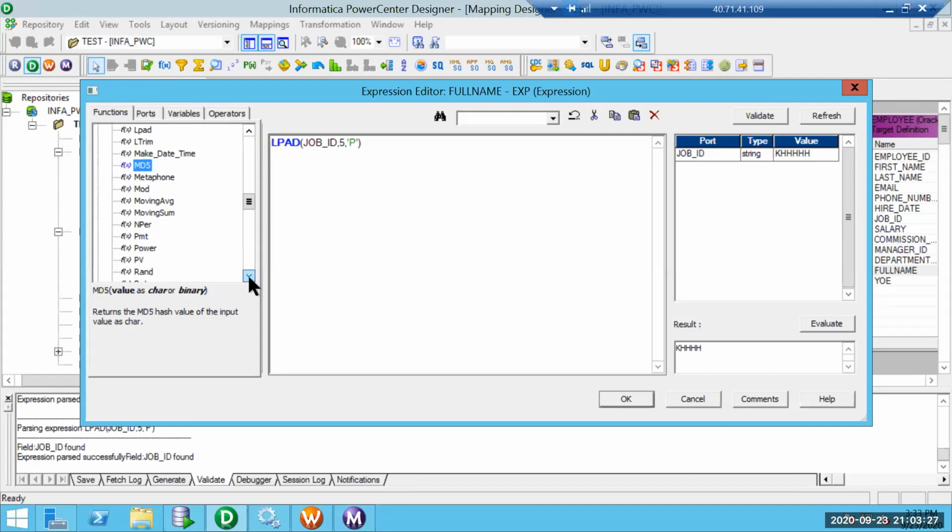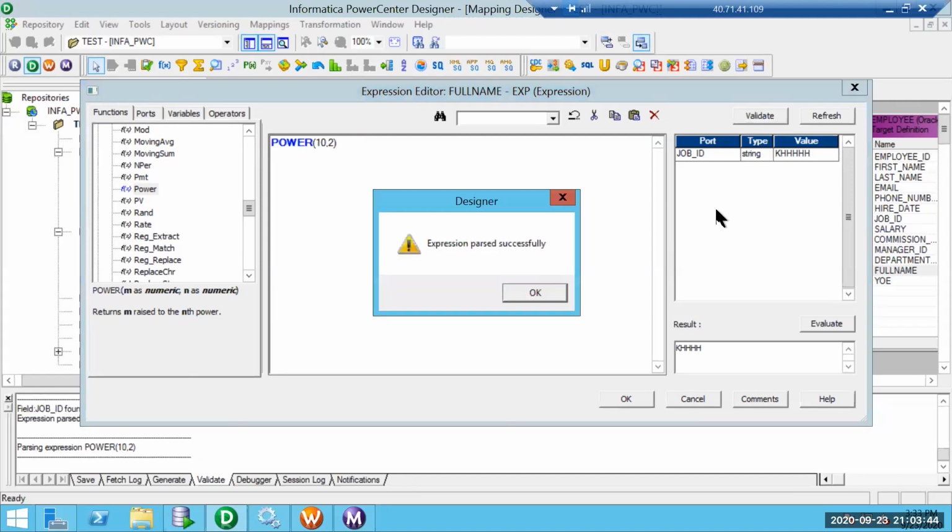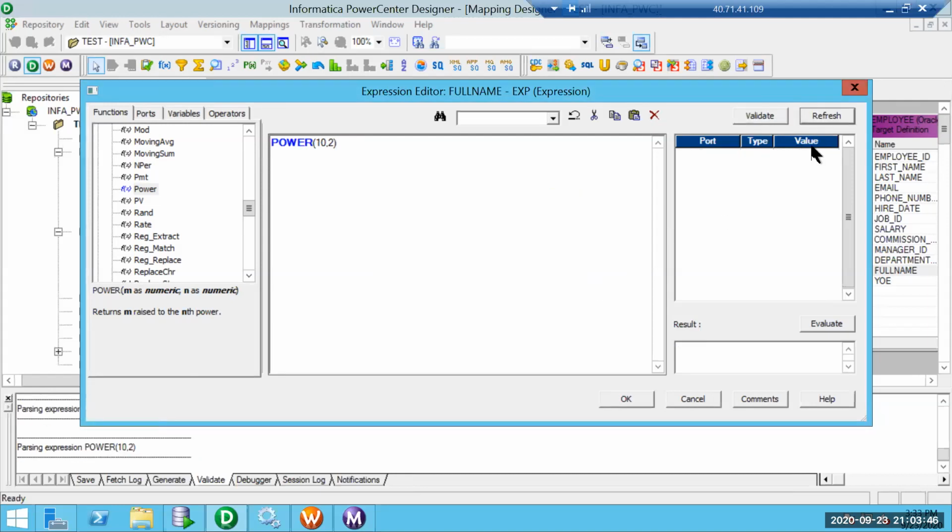Then we have power. Power is something we use when we want, let's suppose, 10 squared or something like that. Power 10 comma 2 gives 100.